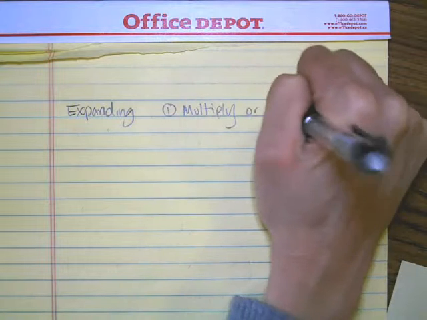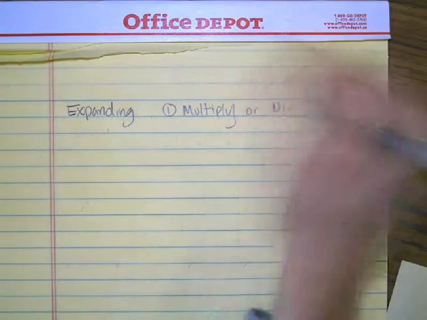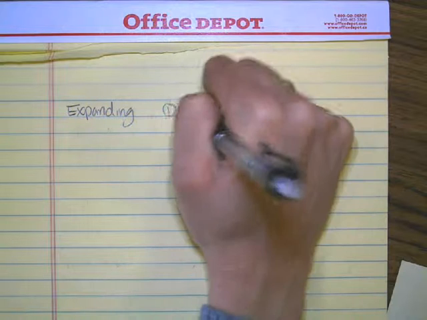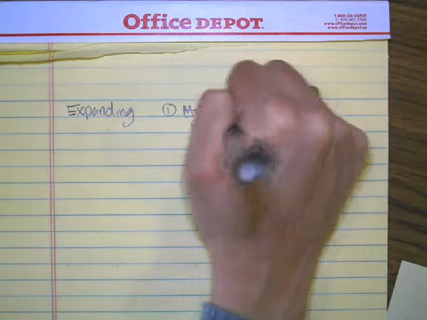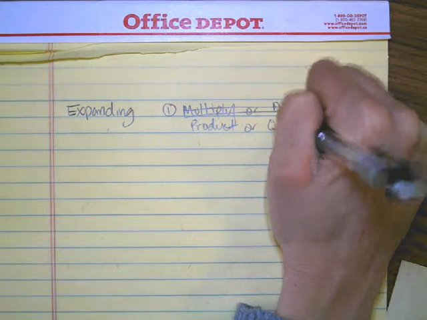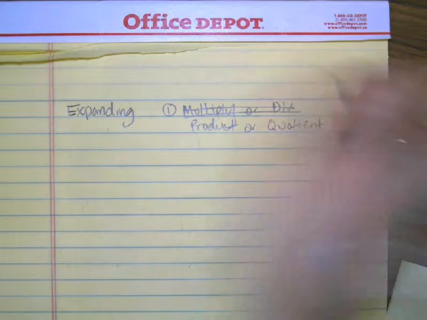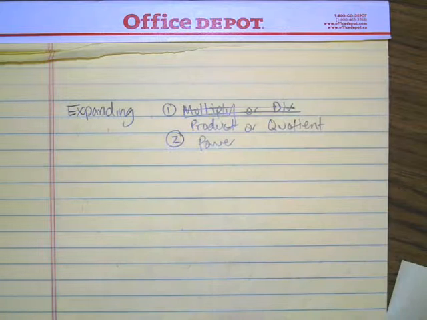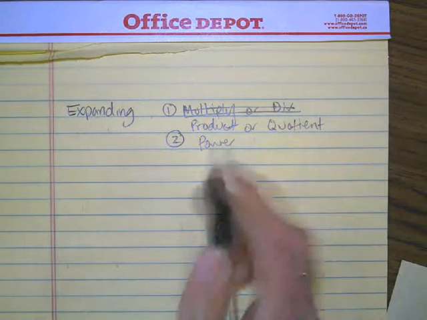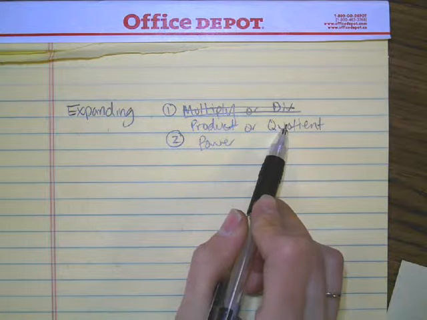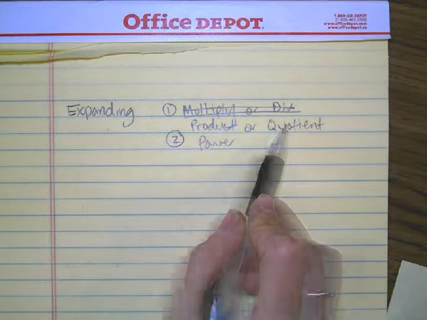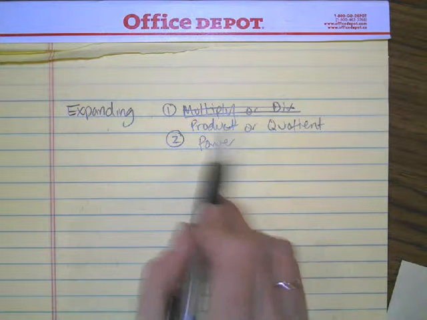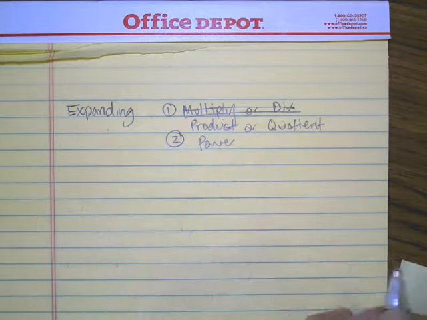So you use the product or quotient rule first, and then you do the power property. This one, you do it from left to right, so whichever one goes from left to right, but they're on the same level. So you do these ones first and then power. So for example,